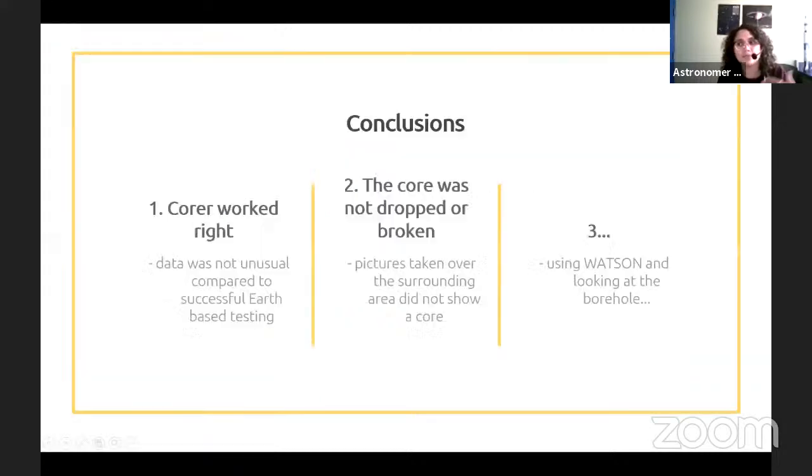The conclusions they came to right away were written by the project manager, Jennifer Trosper, in her blog post, which is really awesome. The Perseverance team writes blog posts every time something happens, so you can go out and read them and keep up to date. But basically, their conclusions when they first found out there was no sample was that either